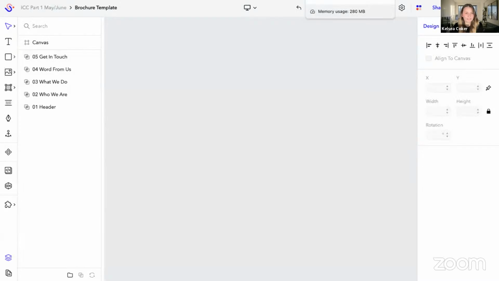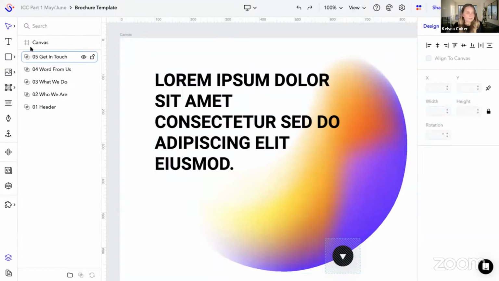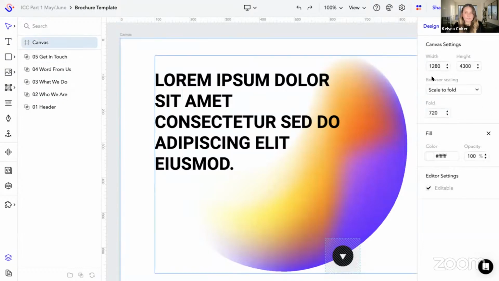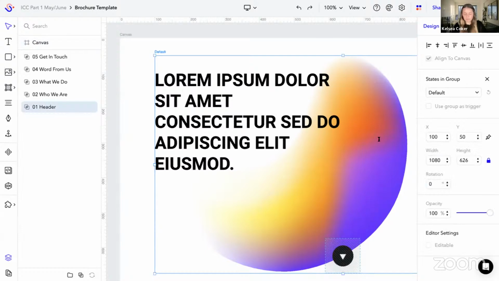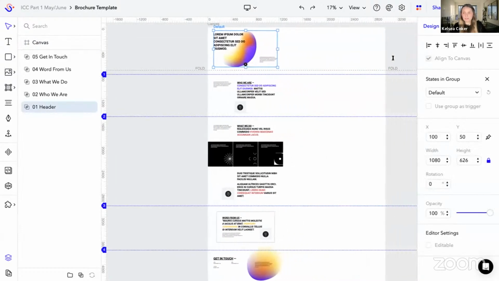So I'll show you an example of if we widened the canvas here. Cool. So this width is 1280. Let's just say we get crazy. Make it 3000. You can see when I zoom out, it's extended that canvas width. And then when I preview,